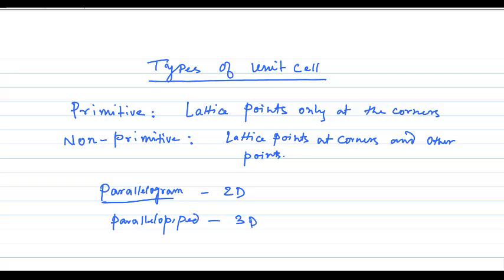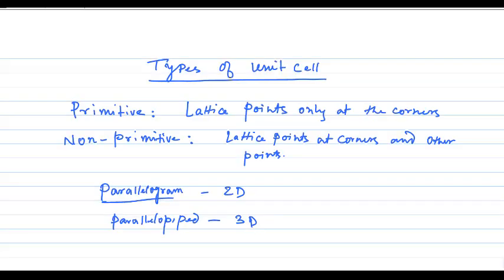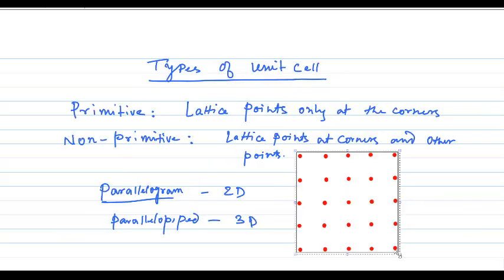And in this, if I have the lattice points only at the corners, then I will call that a primitive unit cell. On the other hand, if I have a unit cell wherein I have lattice points at the corner and also at other positions, for example, if I choose a lattice like this,